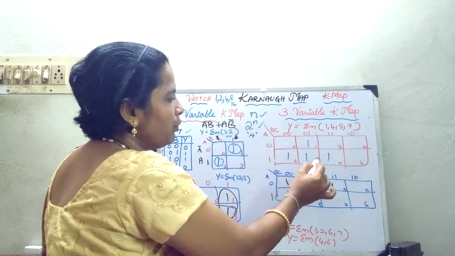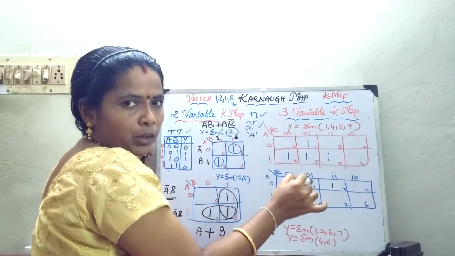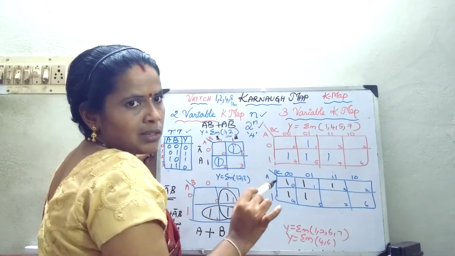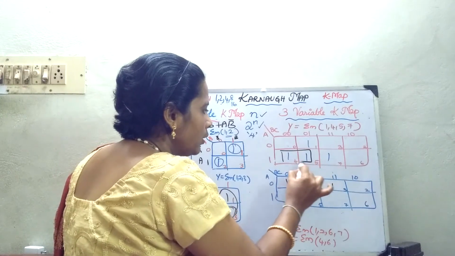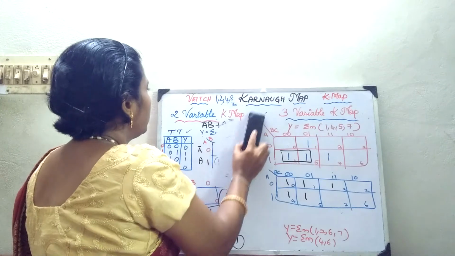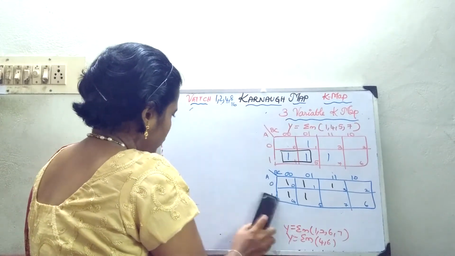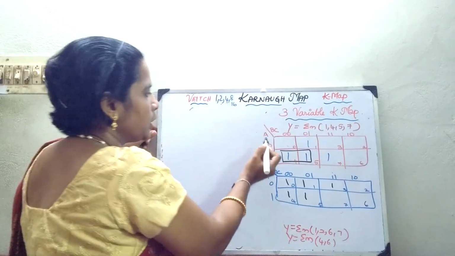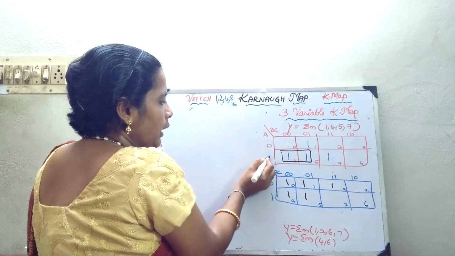So, 1, 4, 5 and 7. So, 8 cell grouping is not possible, then come for the 4 cell grouping, then 2 cell grouping. Okay, 4 cell is also not possible. So, you go in for a 2 cell grouping. How will I group? So, this is one expression. So before that, I'll just erase this side. So now we will just write the expression. So what is going to be my expression for this? It is lying in this row.